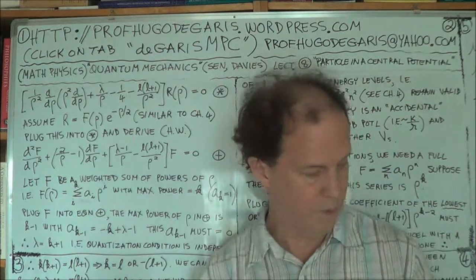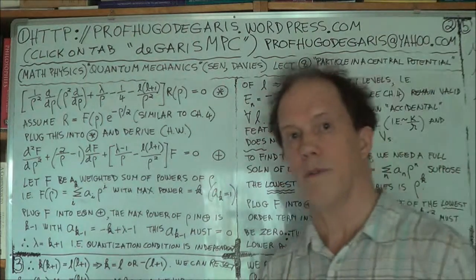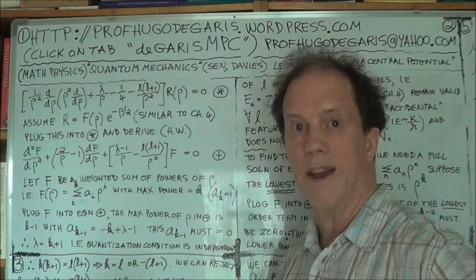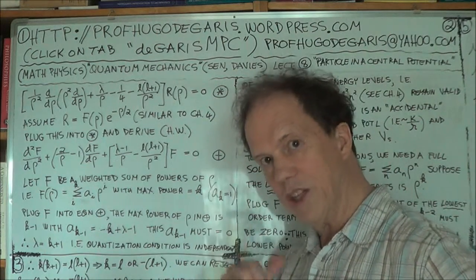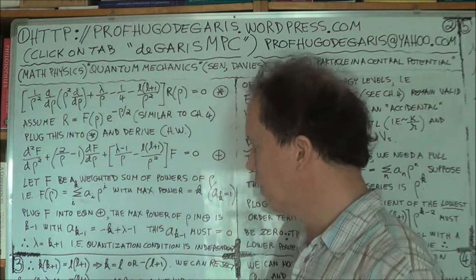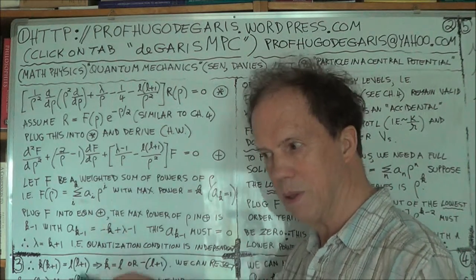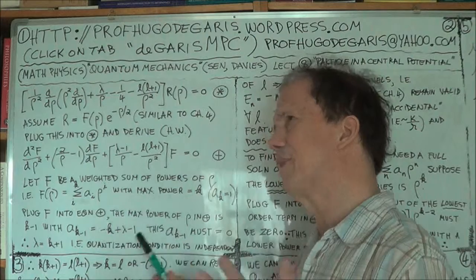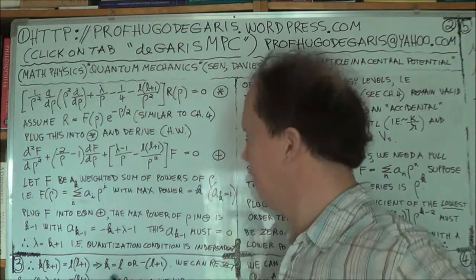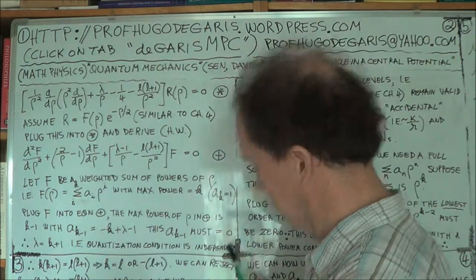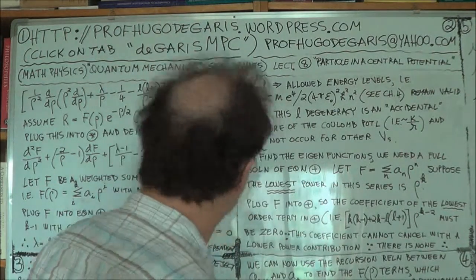So we have found, indirectly, values for the allowed energies, the quantized energies. Quantized because lambda is going to be an integer. Lambda has to be an integer. Okay? So that will give you,